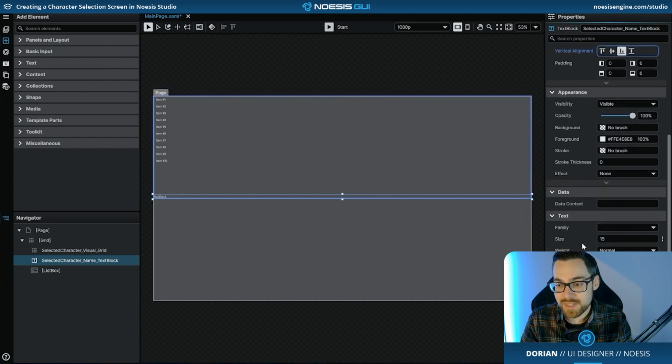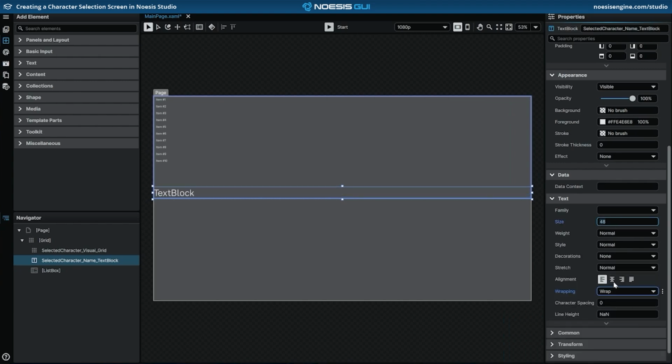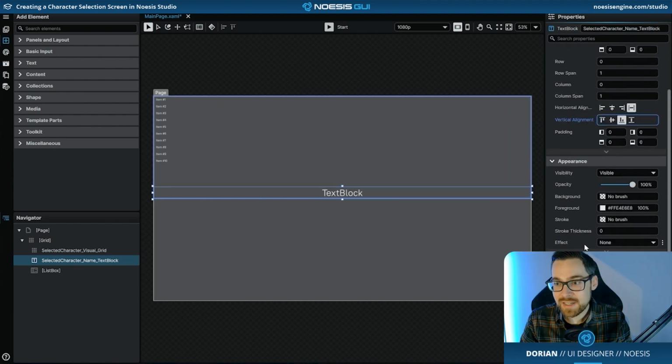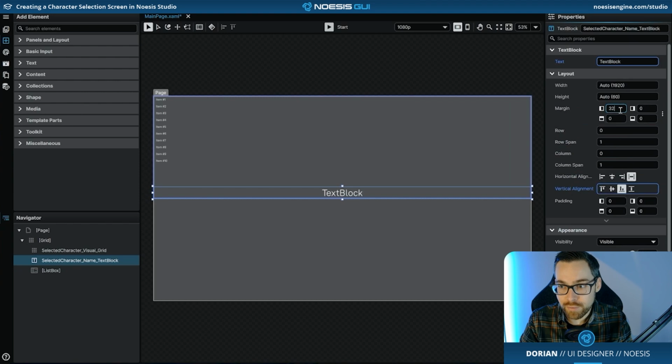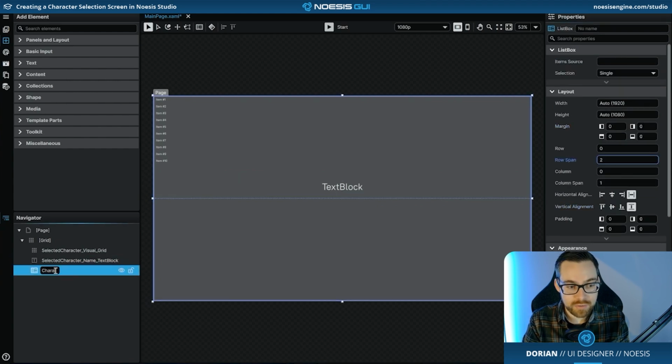It's a little bit hard to see. So let's go ahead and increase the font size to 48. We'll go ahead and center align that text. And lastly, we'll add a little bit of a margin of 32 all around to give it some room to breathe. Now as we move on to the list box, we'll go ahead and rename this to characters_listbox,